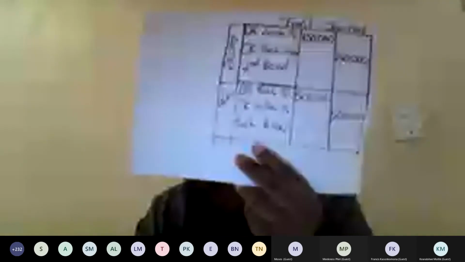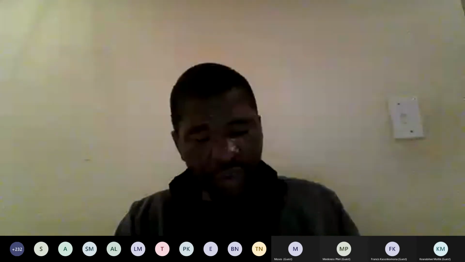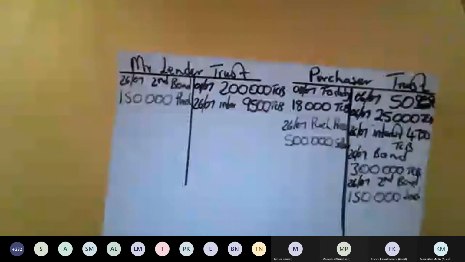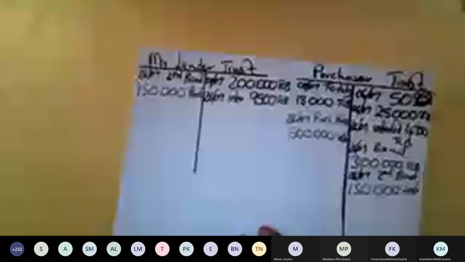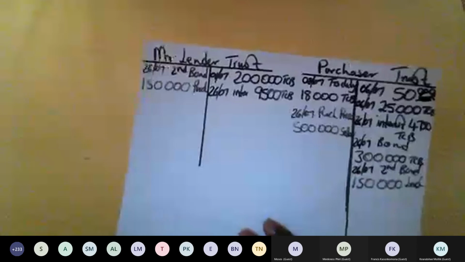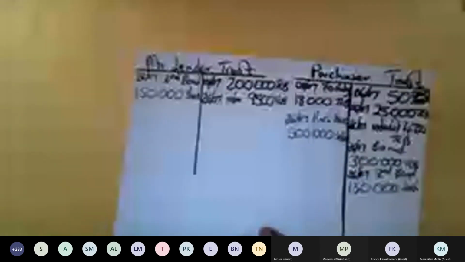Therefore, you debited the purchaser's trust ledger account there with 500,000 rands. And then you are going to credit